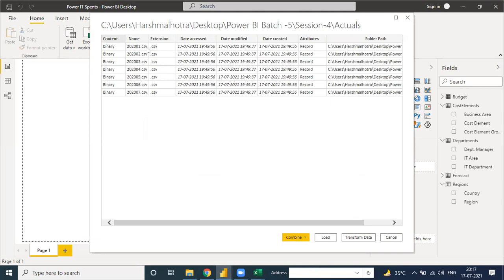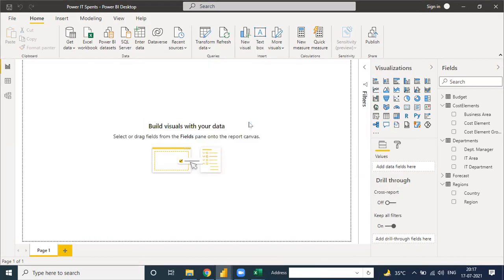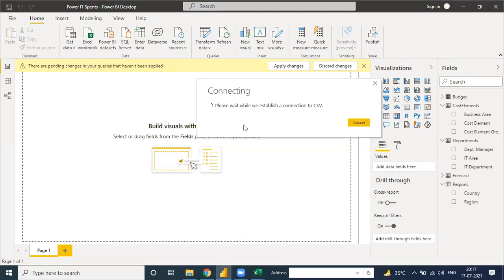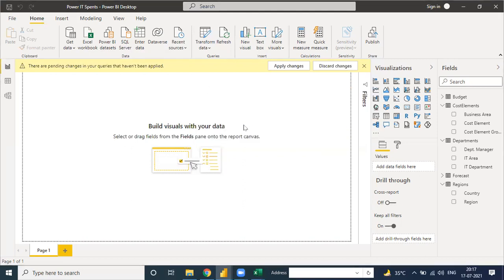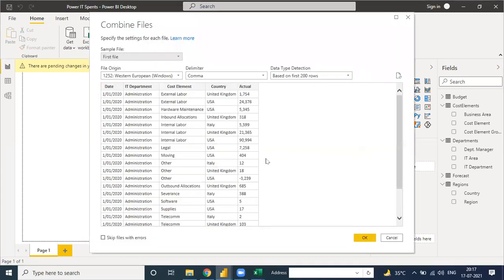In the folder, all the files are contained: 1, 2, 3, 4, 5, 6, 7. And there the option is Combine and Transform Data. So I can combine and transform data, meaning all the files into just one table. It opens a new form. See, okay, everything is okay.